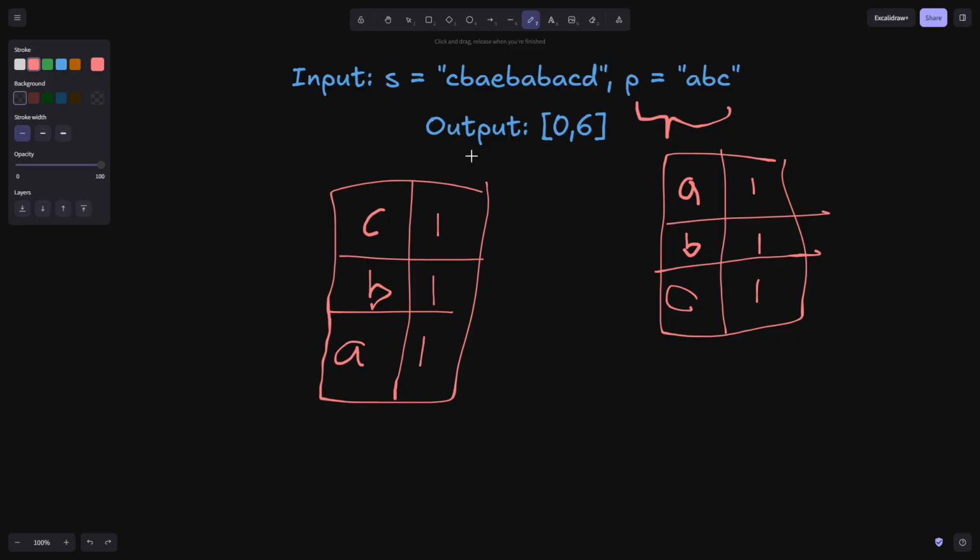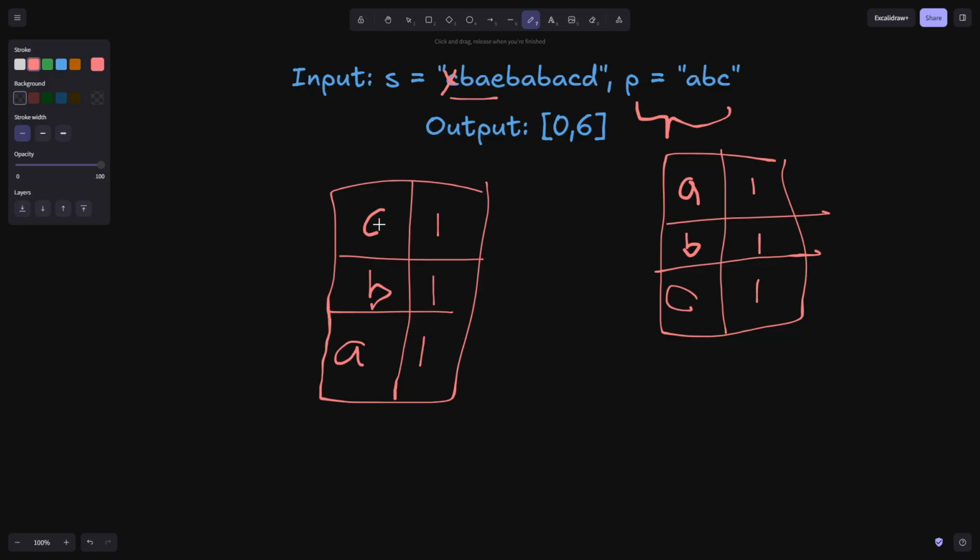Now we have another issue, which we're going to get into, which is when we go to this E, we now have a window size of 4. So if we add an E here, we're going to have an issue. What we're going to do when we get here is take this character and remove it from our hash map,